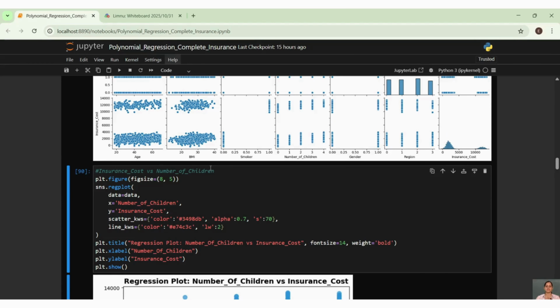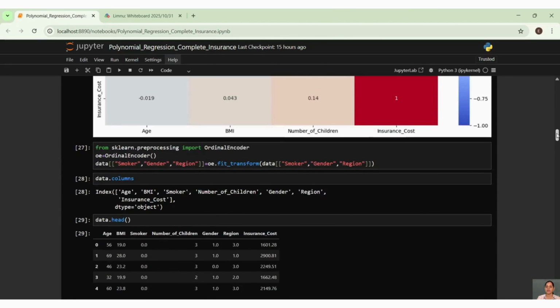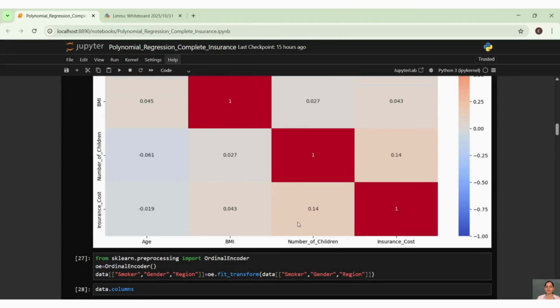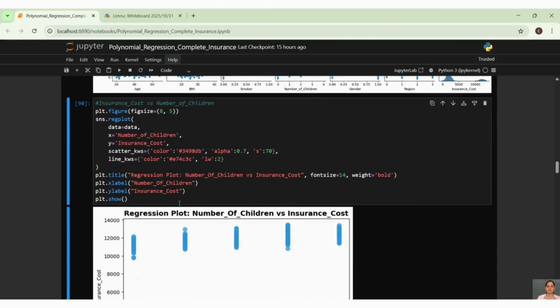And what is the next step, guys? Now we have to understand the trend of the data by using the regression plot, or reg plot. When I take my reg plot, I see that number of children is at 0.14 with insurance cost, which is a bit high compared to the correlation.